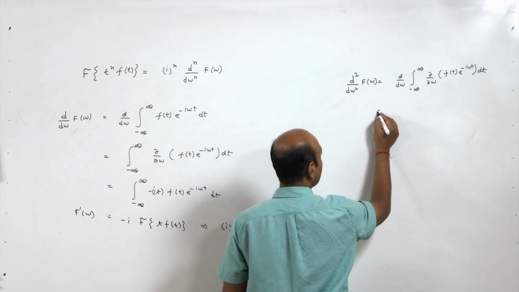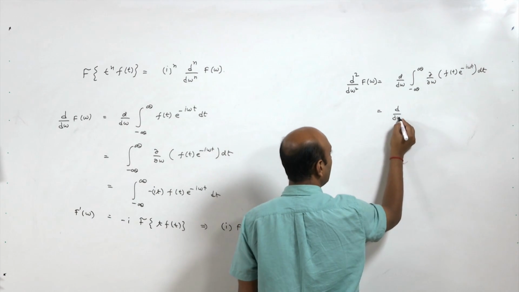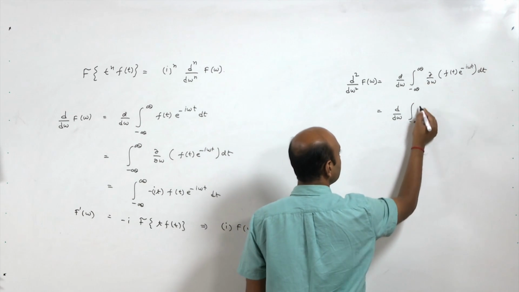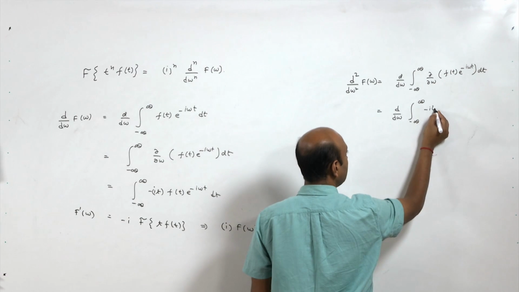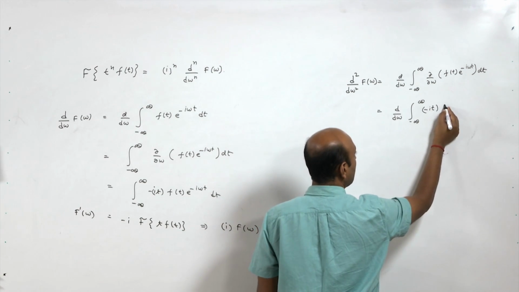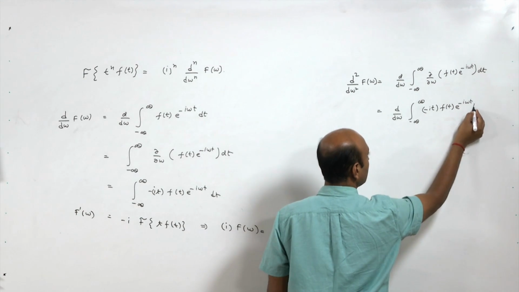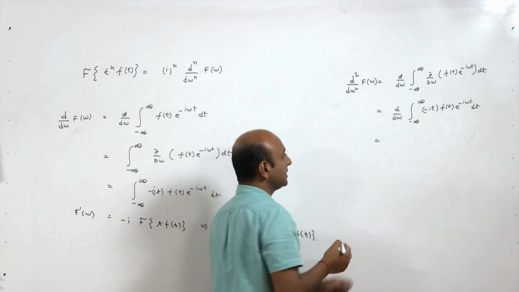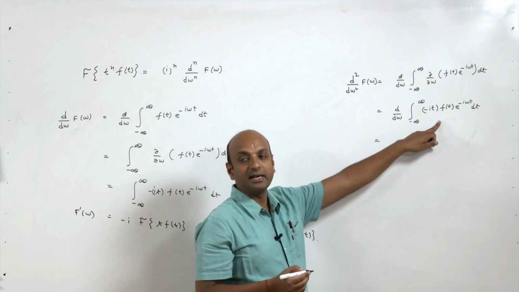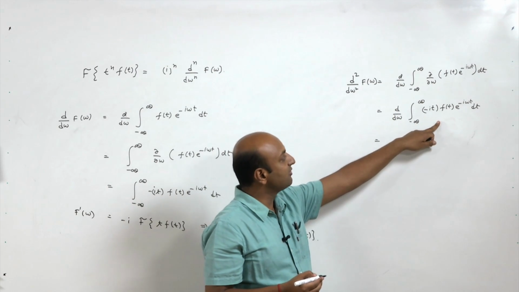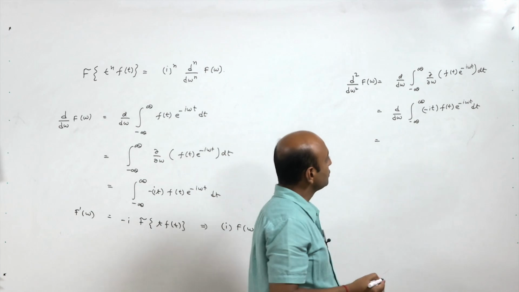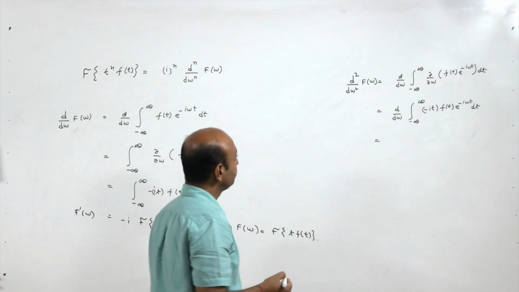So, that will be given by d by d omega of the integral from minus infinity to plus infinity of minus iota t f t e to the power minus iota omega t. Again, when you take this d by d omega inside and you differentiate with respect to omega, that will be nothing but